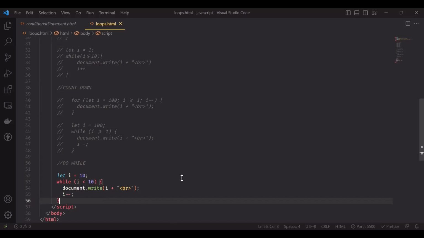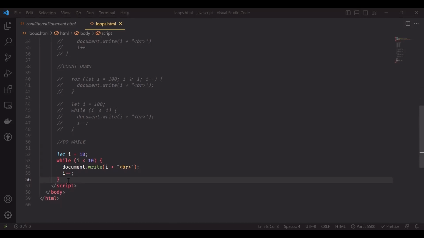It will print out like, I think it will print 10 9 8 7 like that. From 10 till where? 1. Okay, so it will print out 10 to 1. But